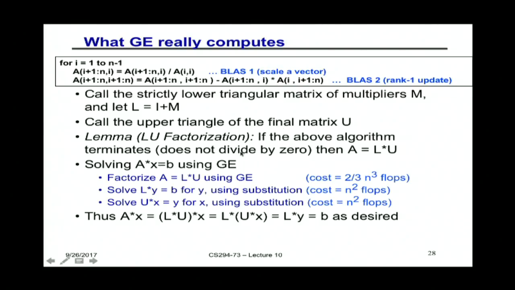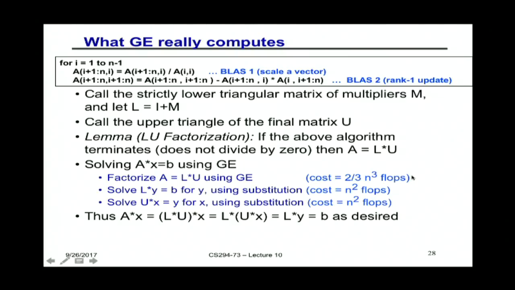The algorithm we just talked about will terminate if you don't divide by 0 at any time. If the diagonal element is not divided by 0, then in the end you get A equals L times U. After that, you can solve this equation by first doing the forward solve using the L matrix to get Y, and then doing the solve with the U matrix, using Y as the right-hand side, to get X. And the operation count, the most expensive one, is this